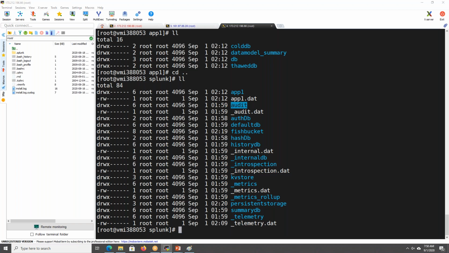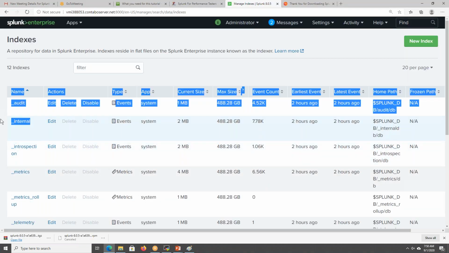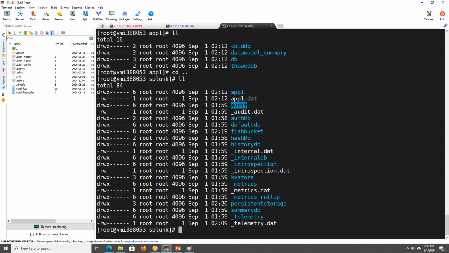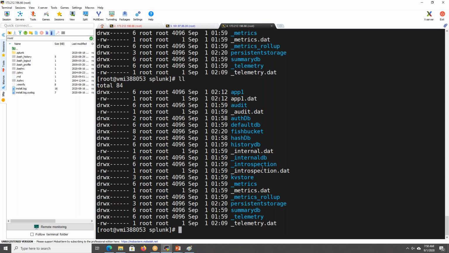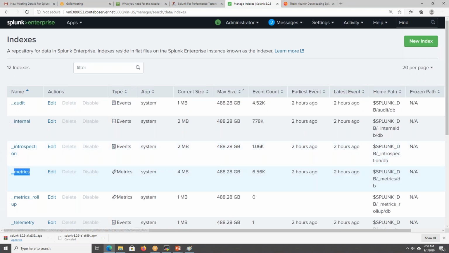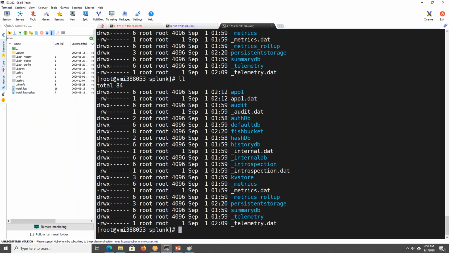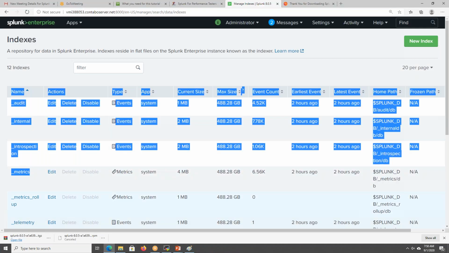Here you will also have underscore internal, and metrics is there, right? So it will be creating some indexes over here. Okay. Now we will go to the UI.